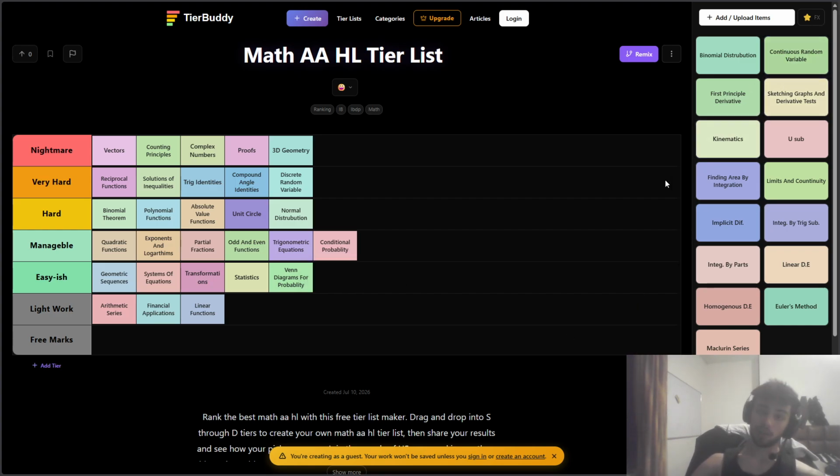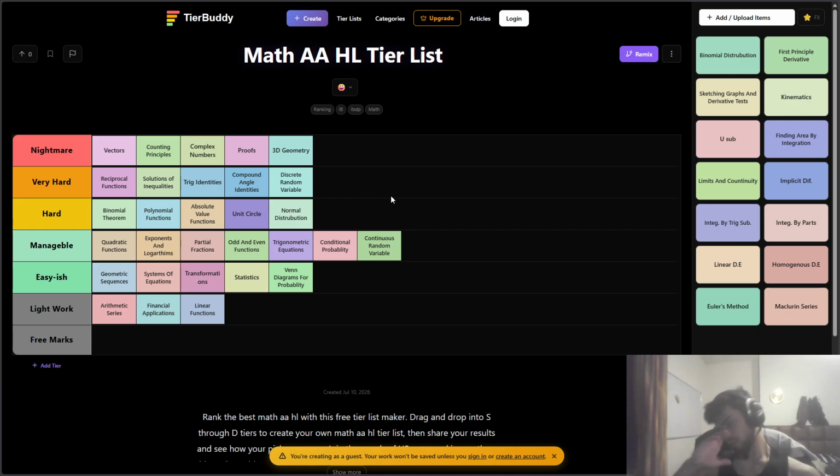Continuous random variable was hard for some questions. There are some niche things you have to memorize, like the variance of a constant is zero, and the expected value of a constant is that constant. But no, it's manageable. It's not really that hard. Just use the data booklet. A lot of the rules, if not all of them, are in the data booklet, and it's just integration. It's not really that hard at all.